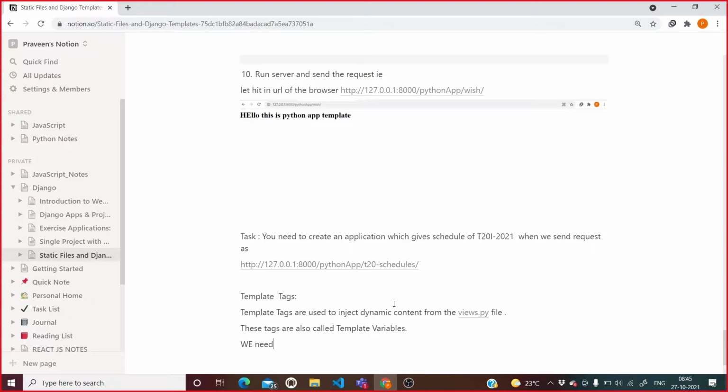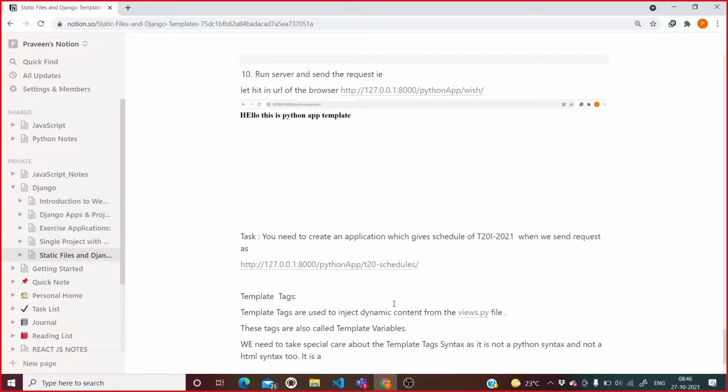So we need to take special care about the template tag syntax, as it is not a Python syntax and not an HTML syntax too.